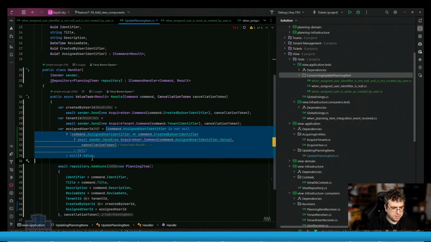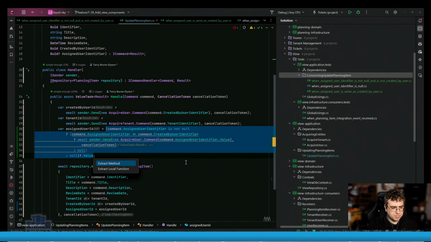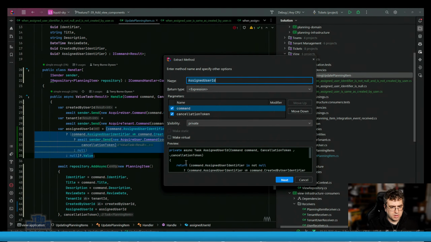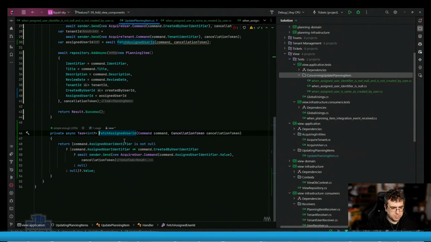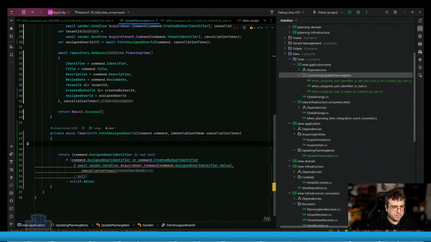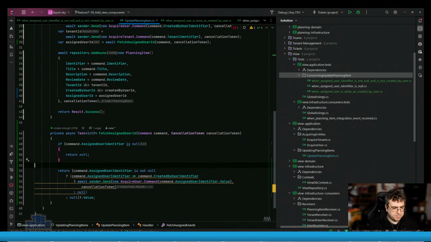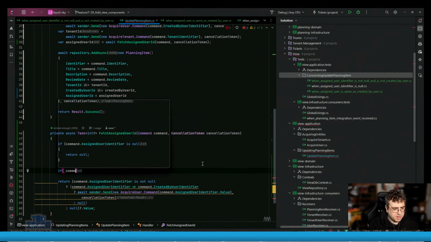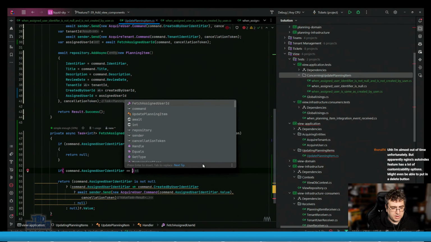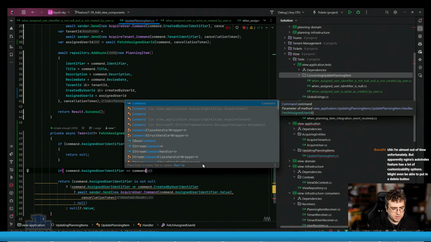We're going to make this a method. Extract method, fetch assigned user ID. Okay, so in here now, we're going to say if command dot assign user identifier is null, return null. Right. No, I don't want to use null propagation. Right. If command dot assign user identifier equals command